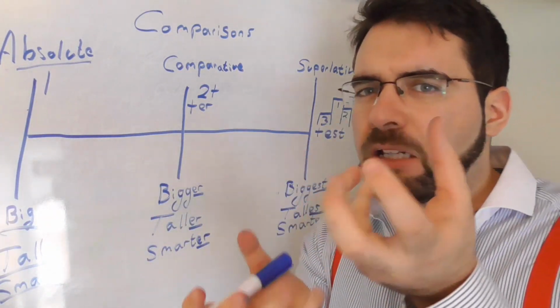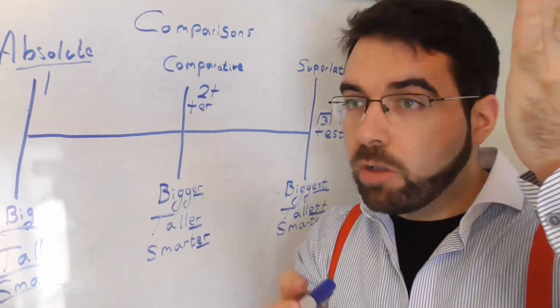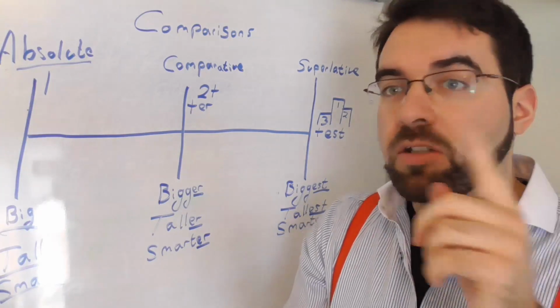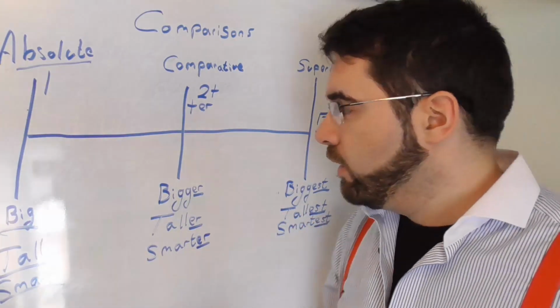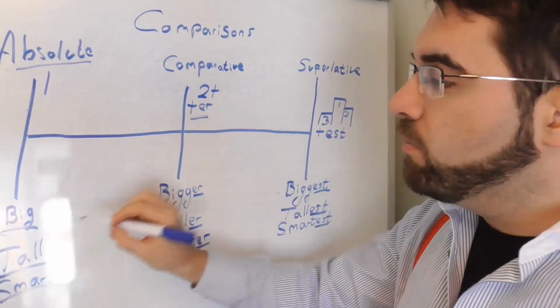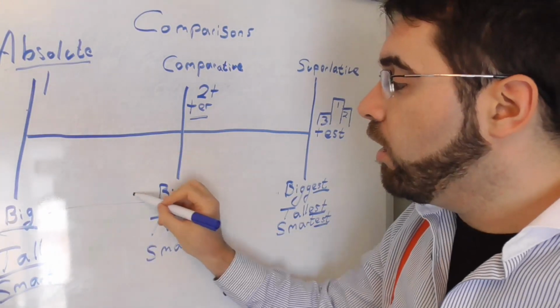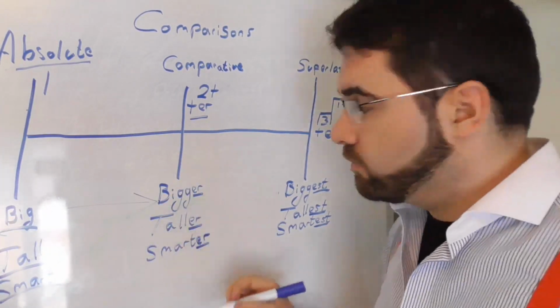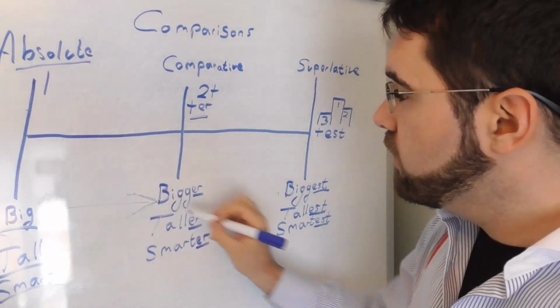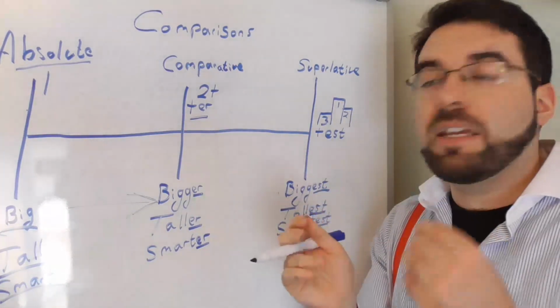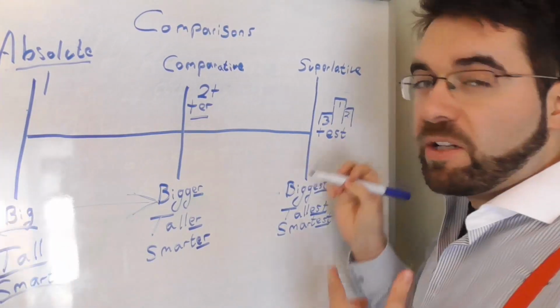So this one is bigger than that one, that one is taller than this one. She is smarter than her. He is smarter than them, for example. And we add ER at the end. We simply have to take the absolute version and add ER to get bigger. Then likewise, when we compare multiple things, like who is the best, who's number one, I imagine a race,